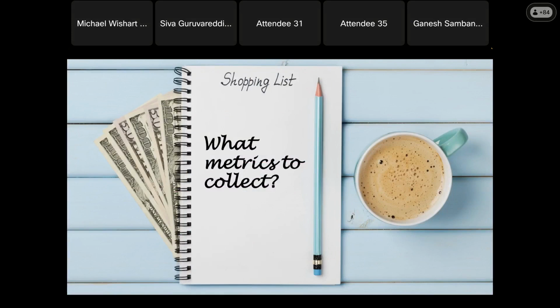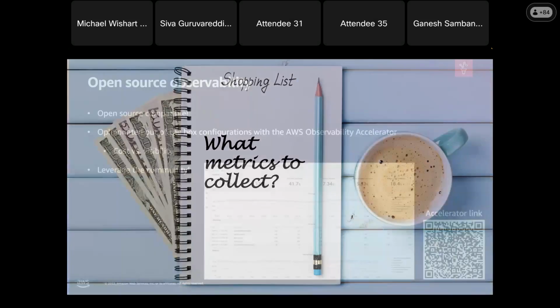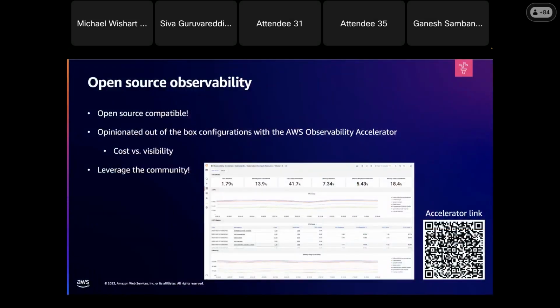Now that you enabled agentless monitoring, you have Grafana set up, and you pull all the metrics, the next big question is what metrics to collect, right? To assist our customers, we created the observability accelerator. Shiva also talked about this tool in his presentation. It is open source compatible, of course.